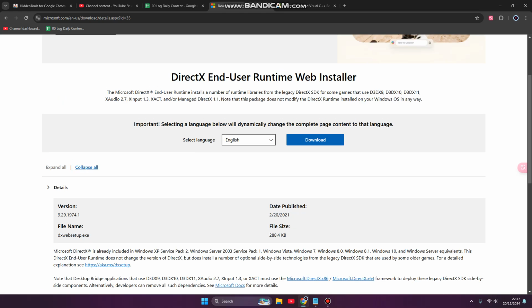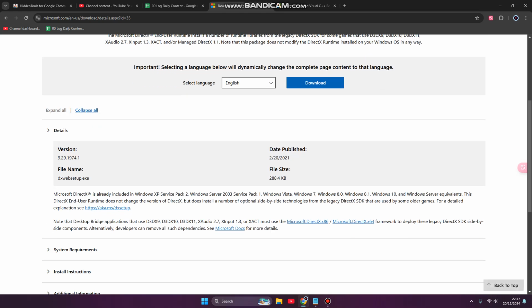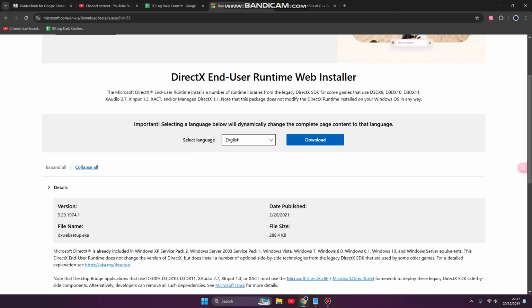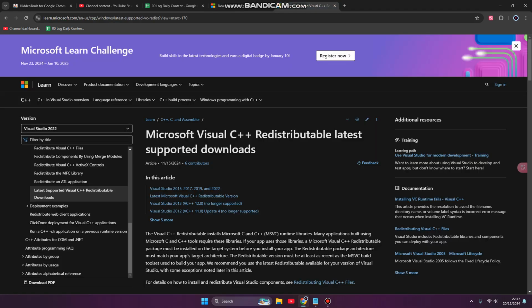So here you can download. It's small, up to 300 kilobytes. After you download and install, do not restart your PC first. Next step, you can download and install Microsoft Visual C++